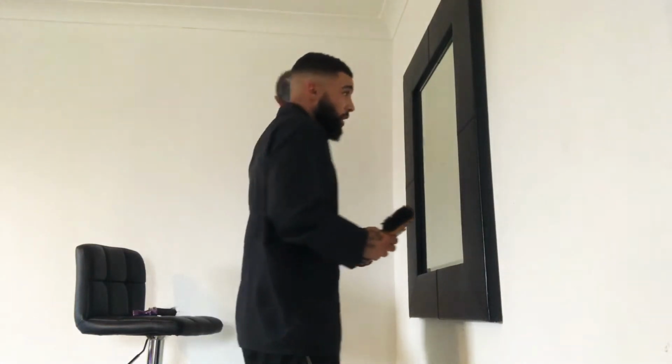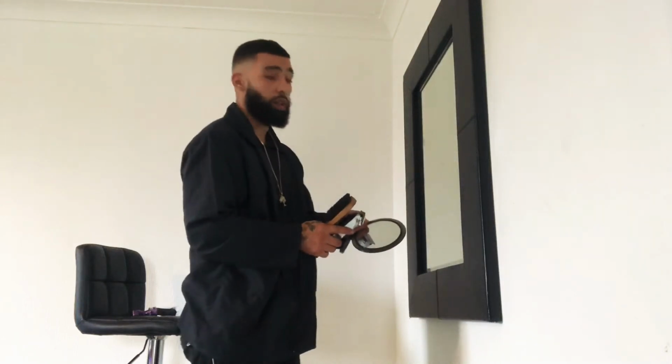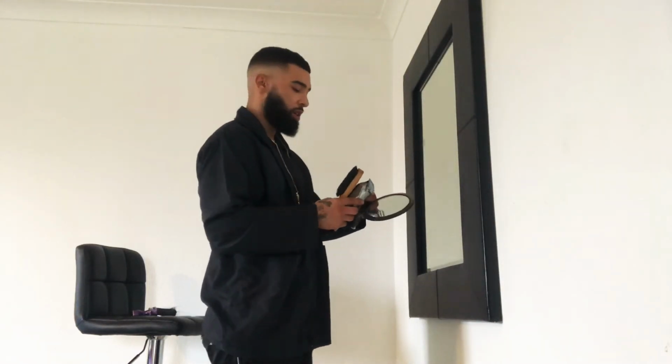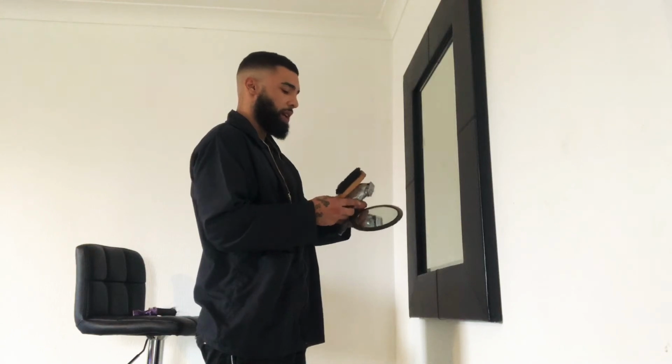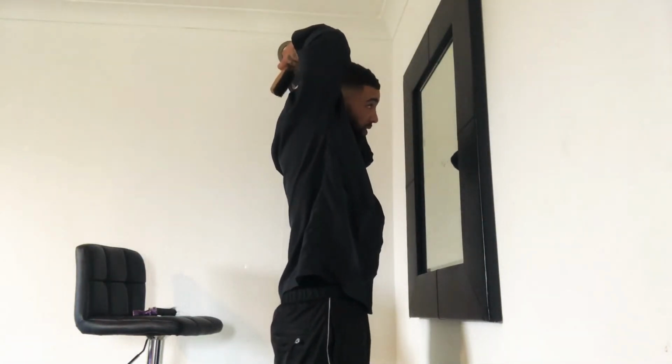Right, so now this is where we're at at the moment. So obviously we're going to get to the refining, so you're getting the majority of the cut done, and after that you're going to refine the cut. So right now I've got a lot of refining to do. I haven't taken out the line on that side, and also I haven't used the 0.5, the half guard. So I'm just going to be taking out the line on this side, flicking away with no guard on it and just a little bit open, just so I can flick this line out